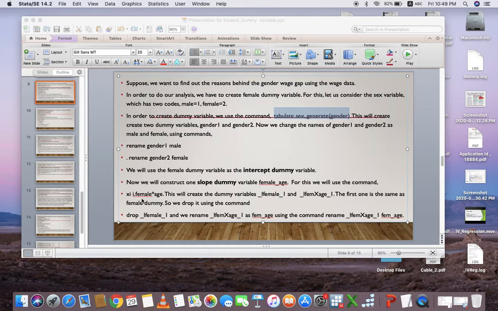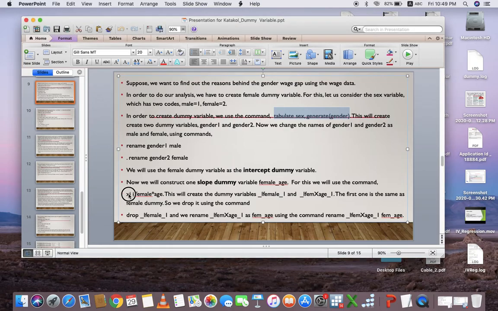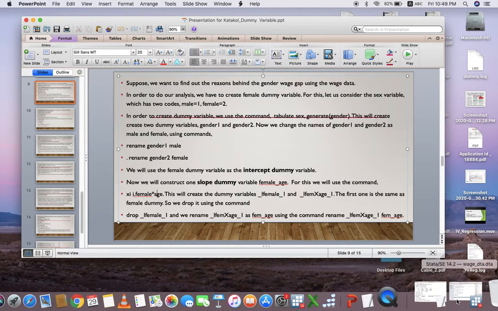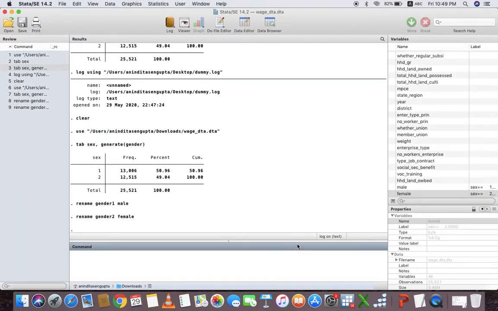For that, we give the command xi space i.female*age.